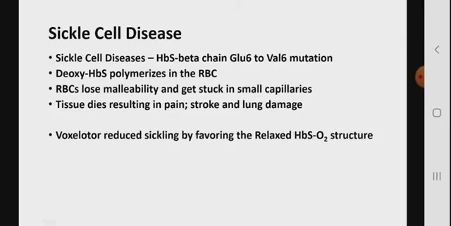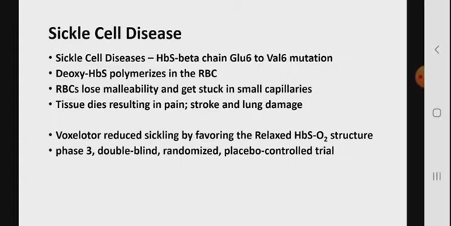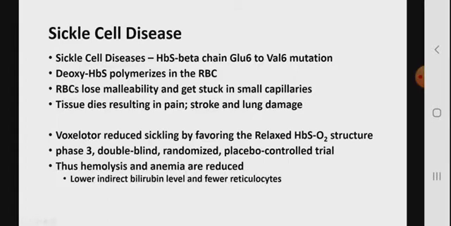Voxelotor reduces sickling by favoring the relaxed hemoglobin S with oxygen-bound structure. That's the relaxed form. It's oxygen-bound, and when it is oxygen-bound, it doesn't polymerize. So the phase 3 double-blind randomized placebo-controlled trial